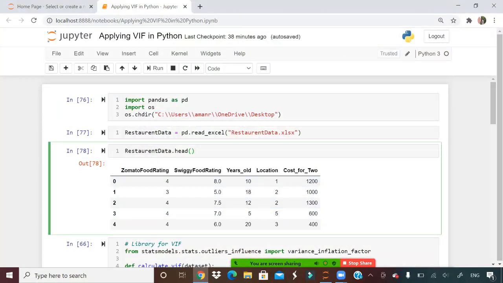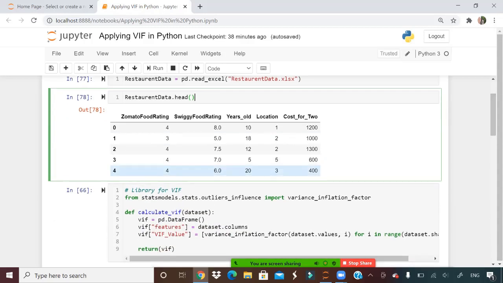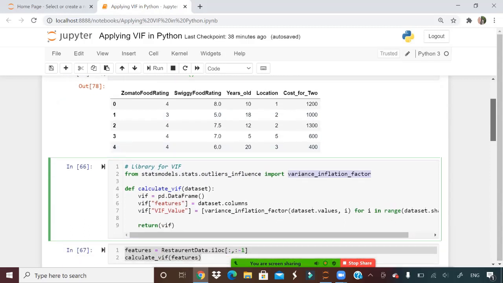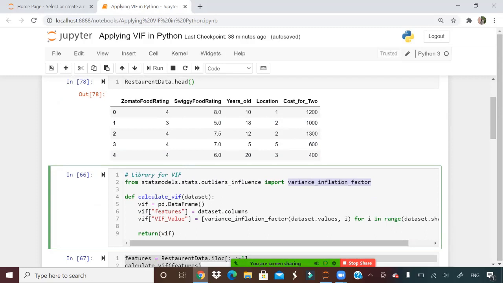Before that, I want to show you how VIF is used in Python. VIF comes from a package called statsmodels.stats.outliers_influence. From this you can import something known as variance_inflation_factor. Now I'm writing a very simple function here, guys. That function is known as calculate_vif, which will just take a data set as input and create an empty data frame. This function will give you a data frame with two columns. In one column you will have features, meaning the name of that column of the data set, and VIF values, meaning the VIF value for that particular column.